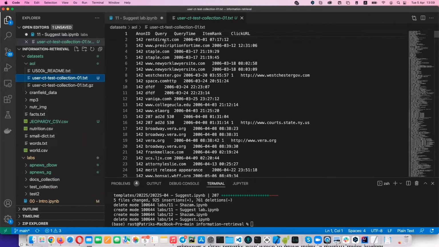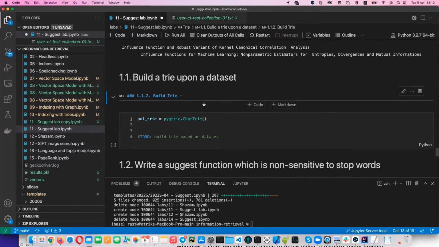So we have a set of queries. What do we want? We want that next time the user types something, we autocomplete. That makes sense? And after auto-completing, we also want to retrieve the pages by order of query frequencies. So the more the user types something, we want it to be ranked at the top. Is it clear? So that's the task that we have to do. So first thing,